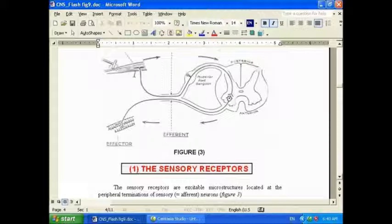For example, the baroreceptors inform the CNS about the blood pressure, or outside the body. For example, the cold receptors, the touch receptors in the skin, the heat receptors, and so on. They inform the CNS about the changes, whether outside or inside the body. And this is a very important function because the CNS must be informed about the changes in order to take a decision or to